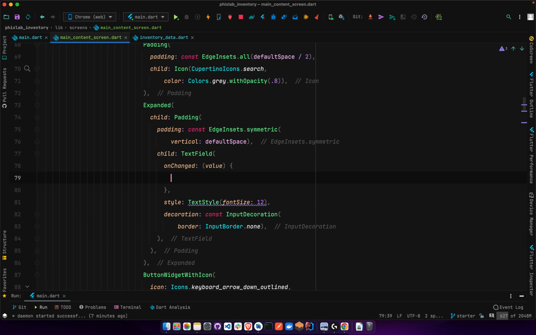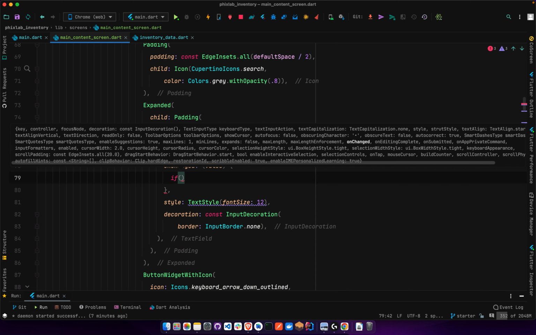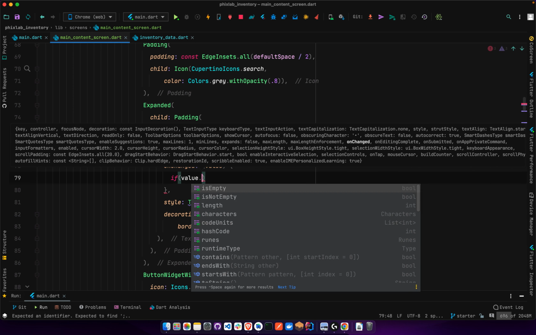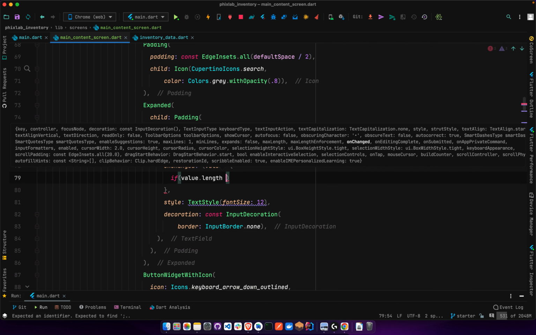All right, so we're going to check a few things. First of all, we want to make sure of the value that is returned. So we're going to do if value dot length is greater than, let's do 4 because we're hoping. Okay, let's do 3. That means it's going to be 4. So if it's greater than 3,